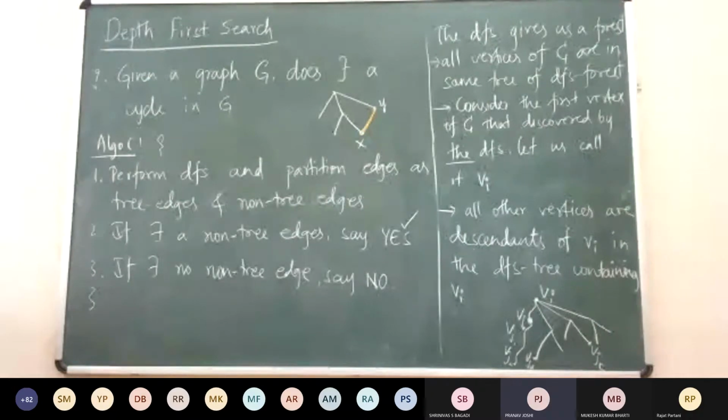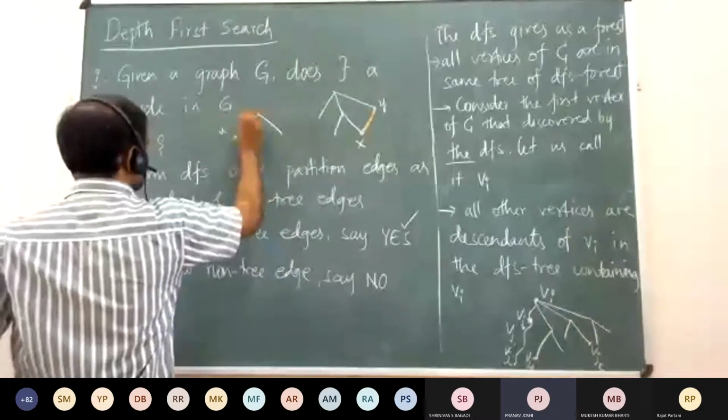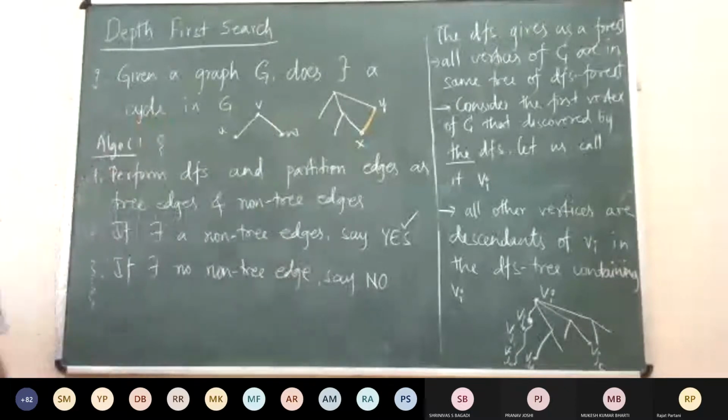Student: Sir, we can take 3 consecutive vertices on the cycle to prove it. Okay, you take 3 consecutive vertices on the cycle. Suppose it's U, V, W. Then we can write the cycle as the path UVW union the W to U path. Then we can start with V as a root vertex. No, you can't start your DFS that way. The DFS is already given to you. This property should work for any DFS.